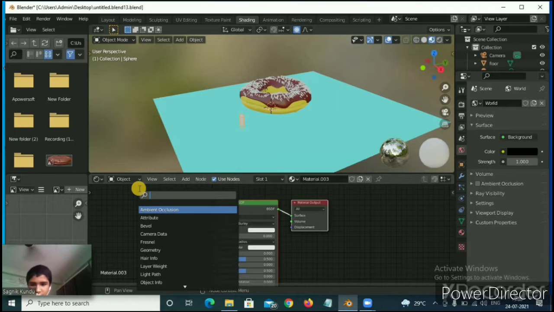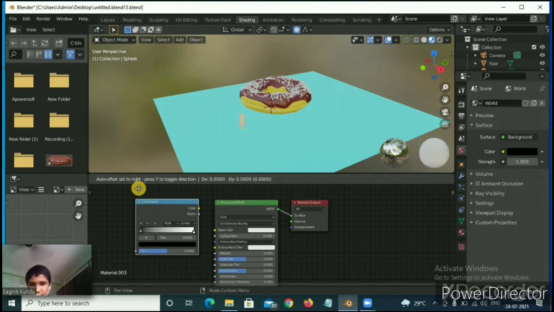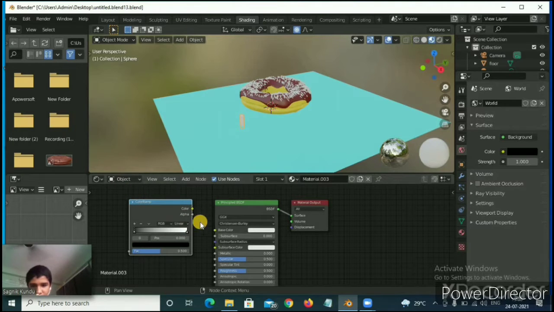I will search here color ramp. Then click to place it, and bring this color before the yellow dot in the color ramp.